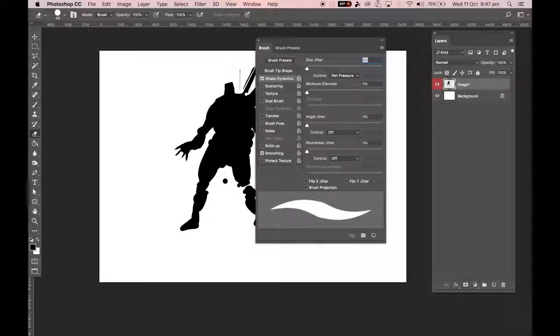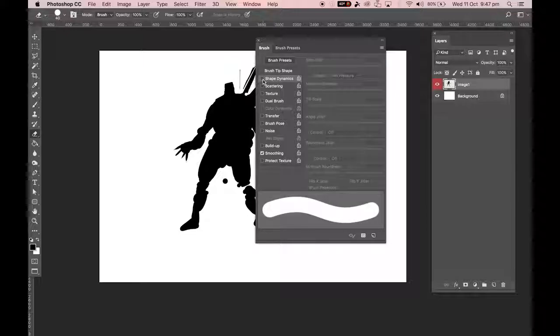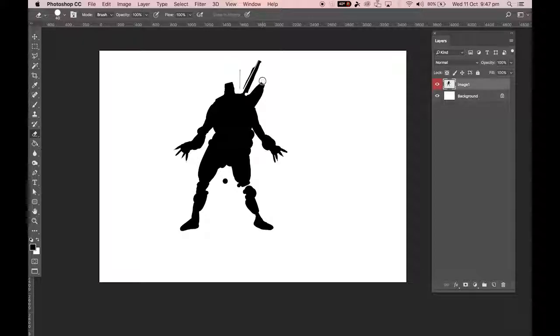You can adjust that in the tool panel by turning shape dynamics off, which means you're not going to get any varying in the sizes. But start playing around with the silhouette. Now, silhouettes are fantastic for concepting because it allows you to quickly and rapidly get a very quick idea of